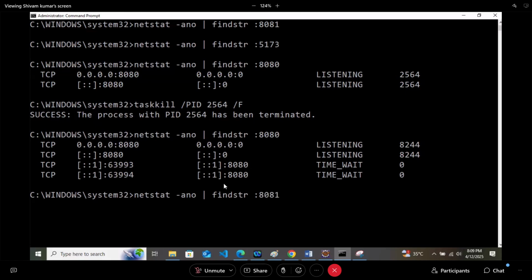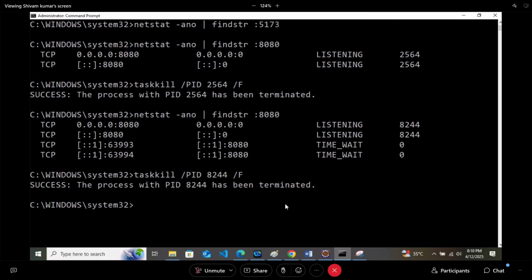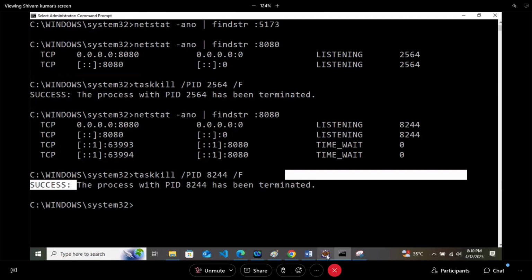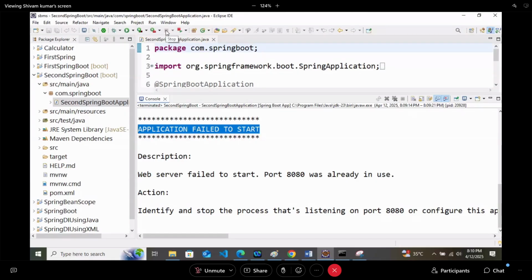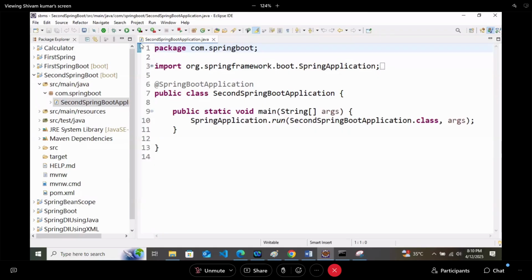Then type this command, taskkill slash PID, and here you have to type the ID that you are getting. In case I am getting 8244, hit enter. Success. Now in Eclipse it is showing closed.